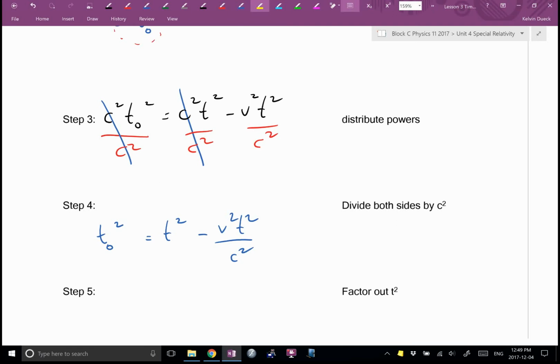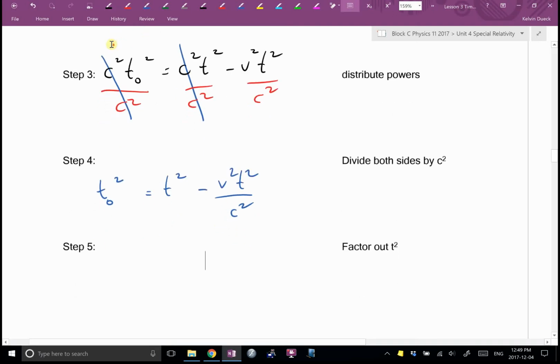Okay, so you ready? By the way, this is still Math 9. I agree, Joel, we're doing it pretty intensively, but so far we've done Pythagoras and factoring, so it's going to look like this. The t0 squared drops down like a domino. When I factor a t squared out of a t squared, what's left behind? You're right, Sierra. So I'm going to go like this. T squared bracket 1 minus. When I factor a t squared out of a v squared t squared over c squared, what's left behind? I think the v squared over c squared.